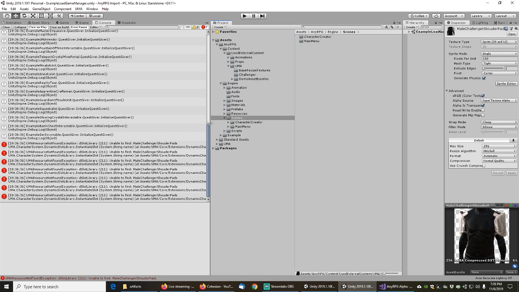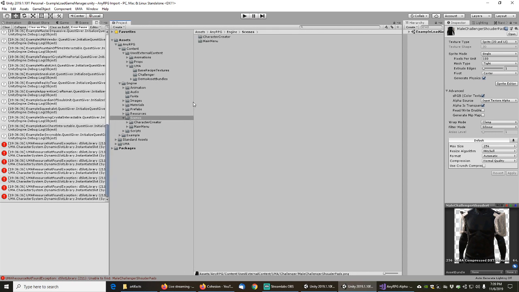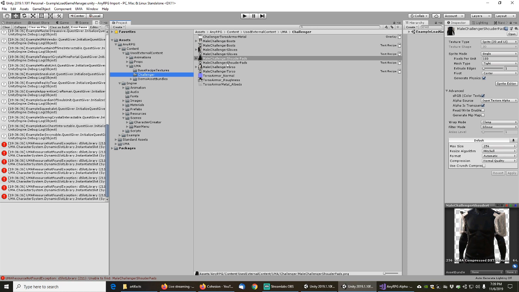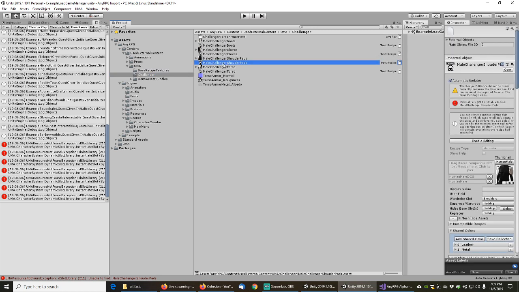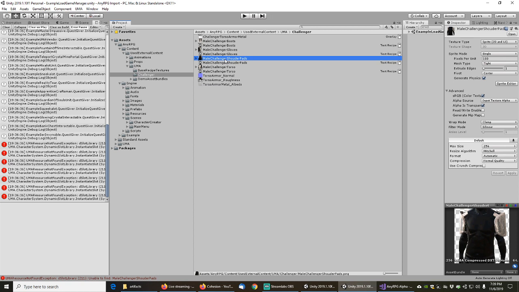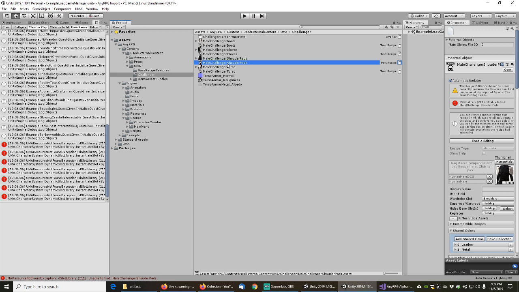Let's see what can we do about that. So if we look at male challenger shoulder pads, that's a PNG file right there. So what's really kind of messed up about this is that we included the entire